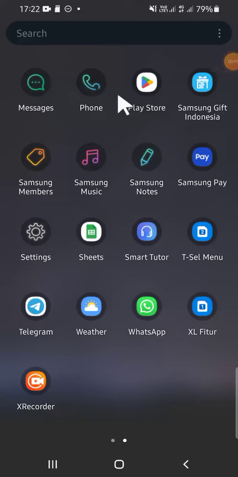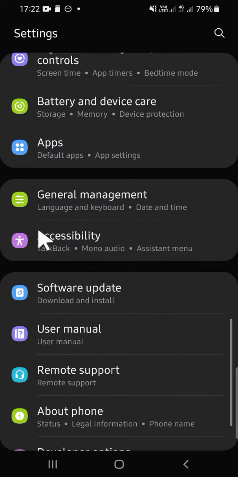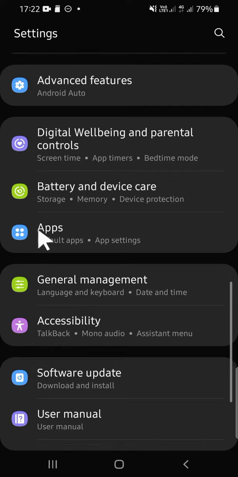In this tutorial I'll be showing you how to update date and time settings on an Android phone. So let's get started. First of all, open your settings application on your Android phone. Then you have to scroll your screen until you find general management, and it's over here guys, so just tap